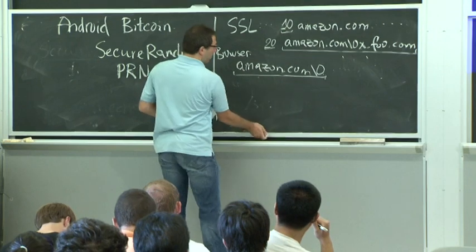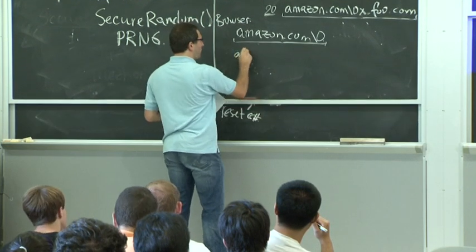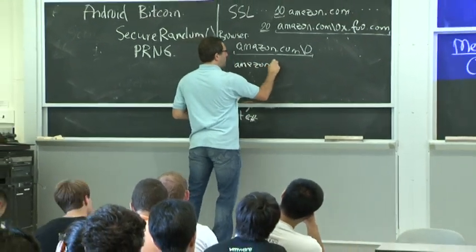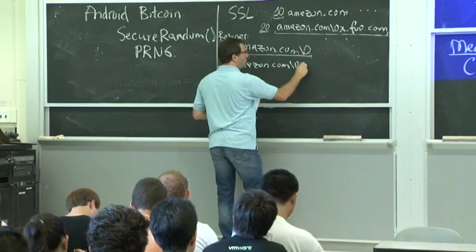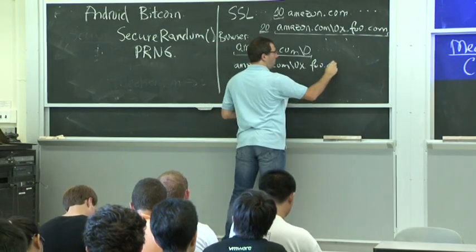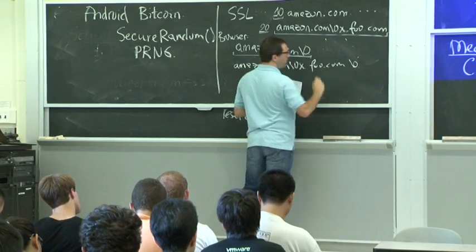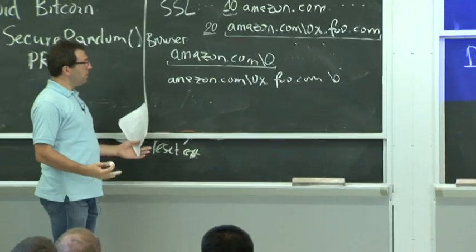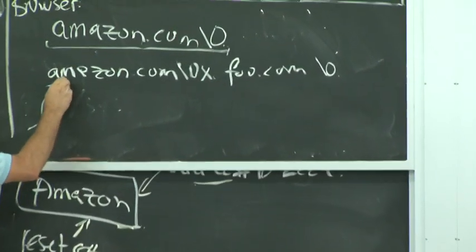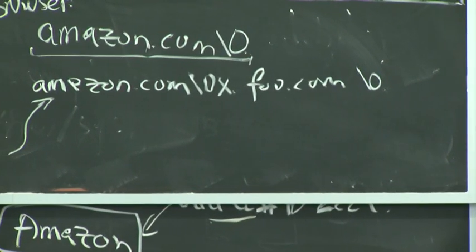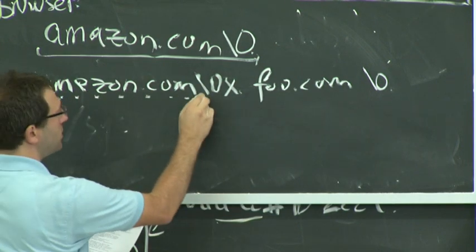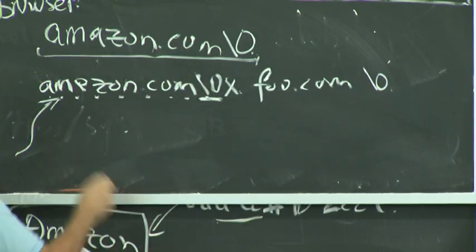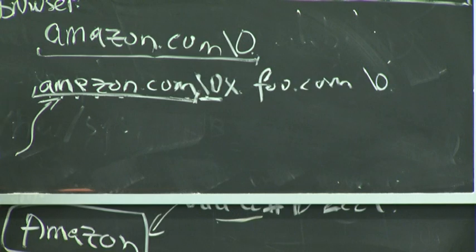But then when a browser takes this string and loads it in memory, what it does is the same thing it did before. It copies the string, Amazon.com\0x.foo.com. It'll dutifully add the terminating 0 at the end. But then when the rest of the browser software goes and tries to interpret the string at this memory location, it'll keep going up until it gets to the 0 and say, OK, that's the end of the string. So this is Amazon.com. That's it.